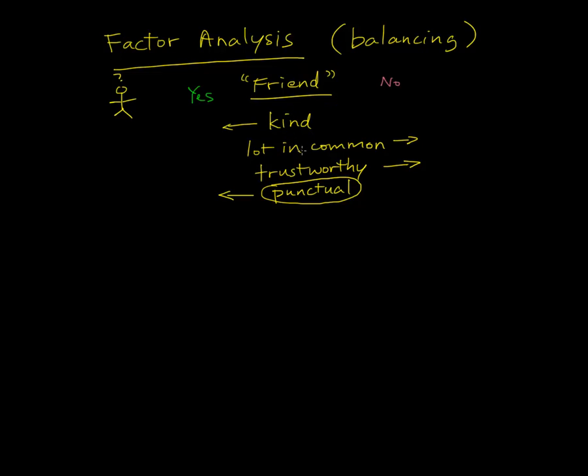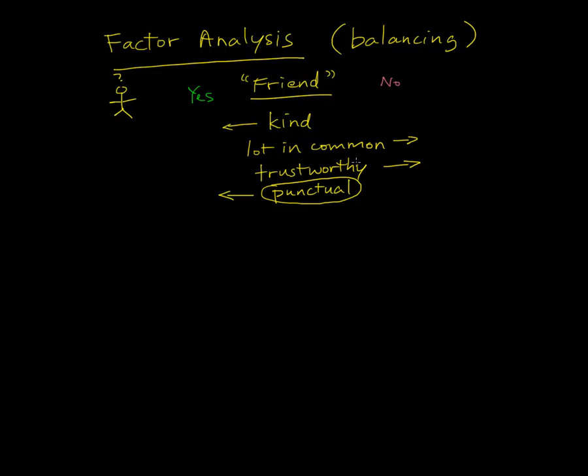Now, when we do a factor test, we don't just count the factors and see which possible outcome has the most factors cutting in favor of that outcome. For one thing, the rule might have an even number of factors, just like we have here in our friend rule. In that case, you might get two factors cutting in favor of friend and two factors cutting away from friend, cutting in favor of not calling the person a friend. And if you were to just count the factors, you'd end up with a